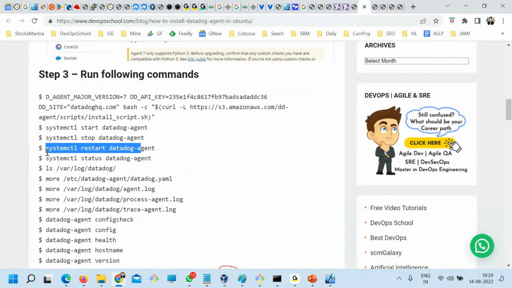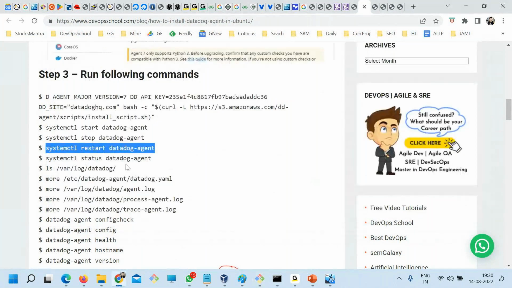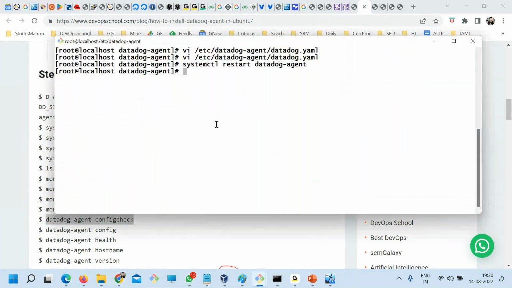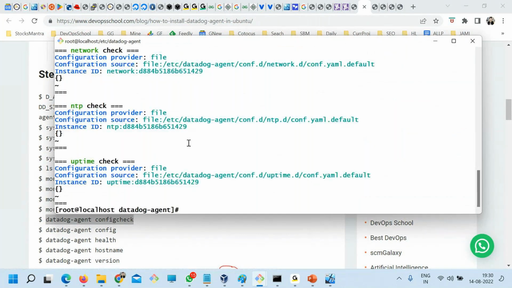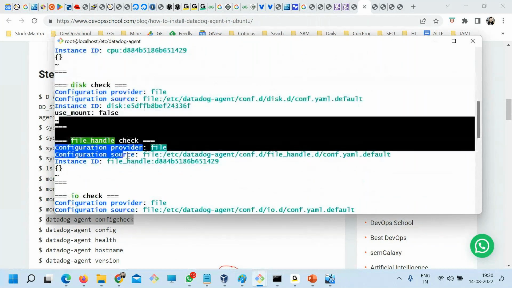So now I did this. Now how can I check this whether it's done or not? So for that, config check, this command will run and see that process monitoring is enabled or not. So I'm just checking CPU, disk, file, IO, load, memory, network, NTP, uptime, and